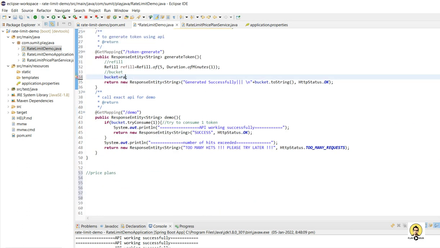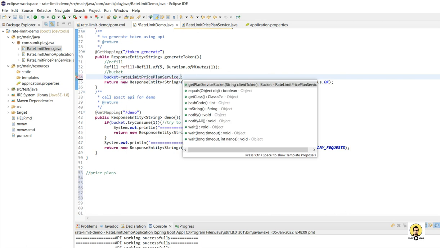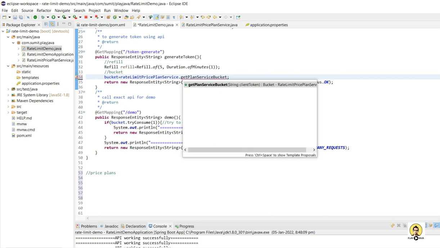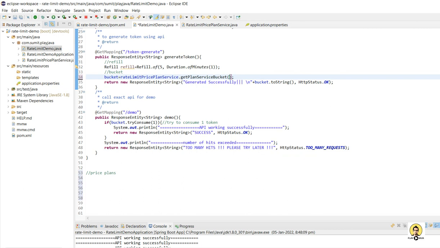So I'll remove this hard-coded bucket part here, and I will use the service to get the bucket, and on the bucket I will provide the client token which we have provided to the other clients.